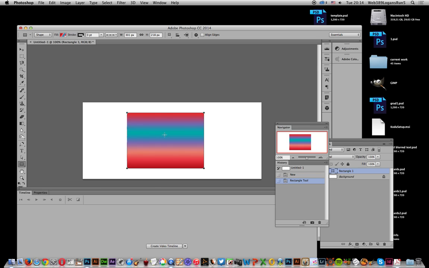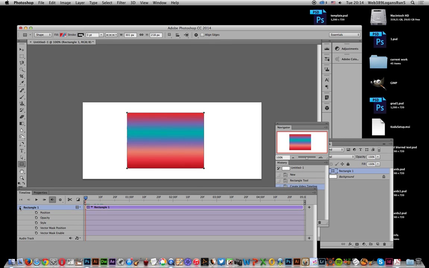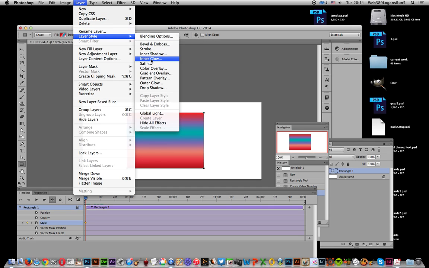Once you've done that, I can go to create a video timeline, and you'll see that all the way along to the end of the work area, you've got the playhead there. So I'm just going to expand that out now and change the style. I'm going to set the style stopwatch, so you can now add a keyframe. Of course, at the moment there is no style, so I'm just going to go to layer,